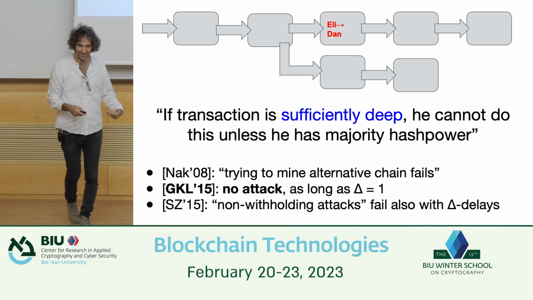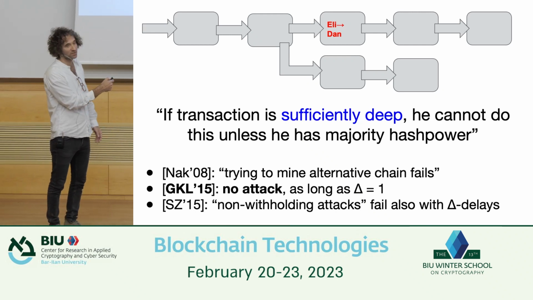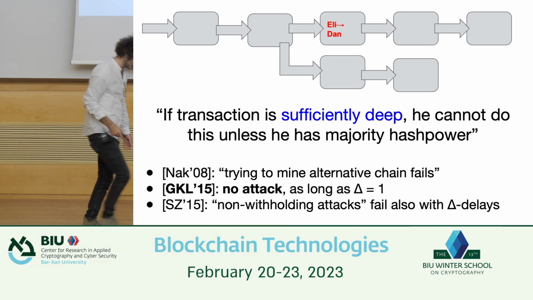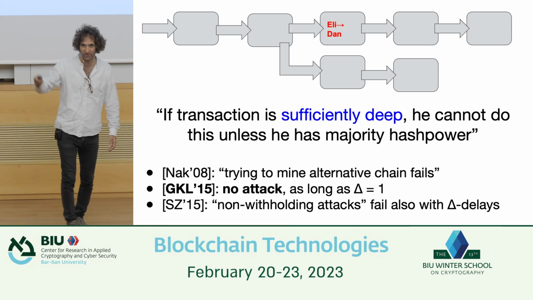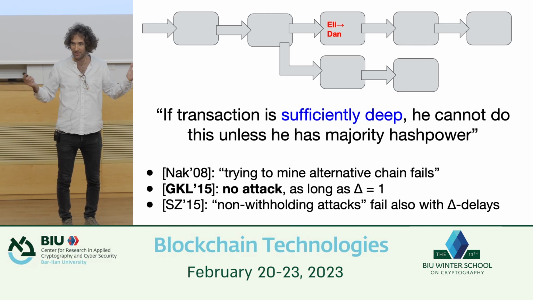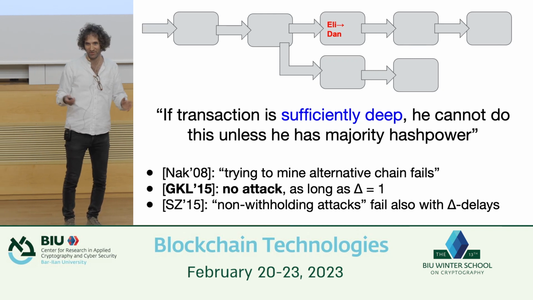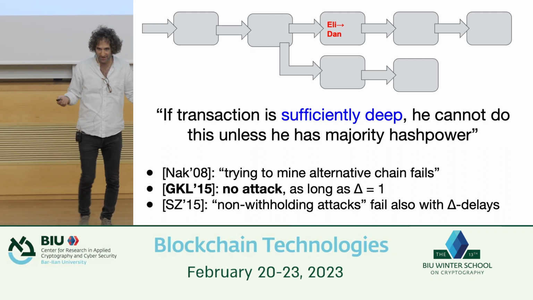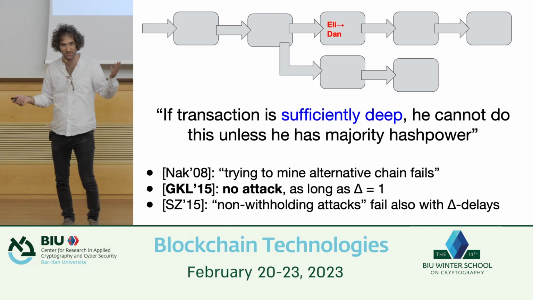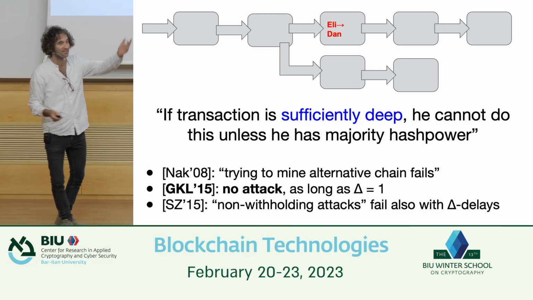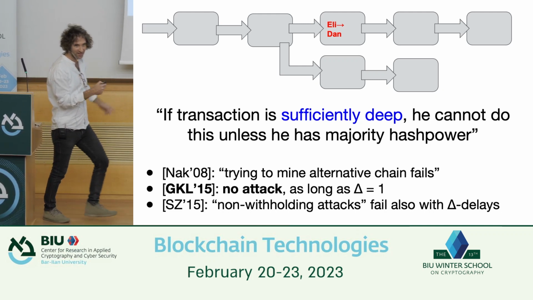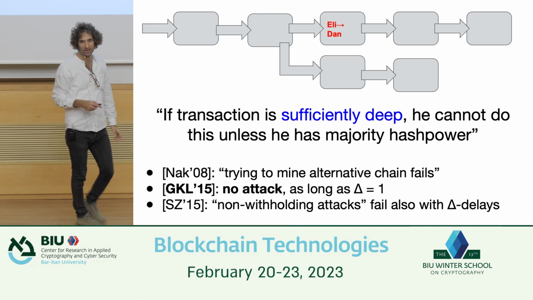Now, it's not quite true. This is all probabilistic. Even if, say, the good guys have 70% and I have 30%, it could be that I'm lucky 3 times in a row. In that case, my chain might grow 3 times before their chain grows. That happens with roughly 10% probability, or no, less, 3% probability. Okay, so 3% is pretty big. So I can actually maybe get ahead 3 times with 3% probability. But if the transaction is far behind, I need to get ahead many times in a row. And that's going to be unlikely.